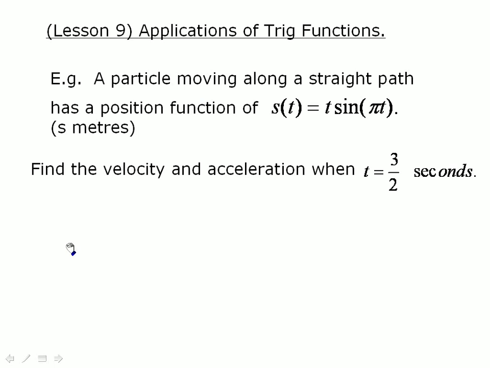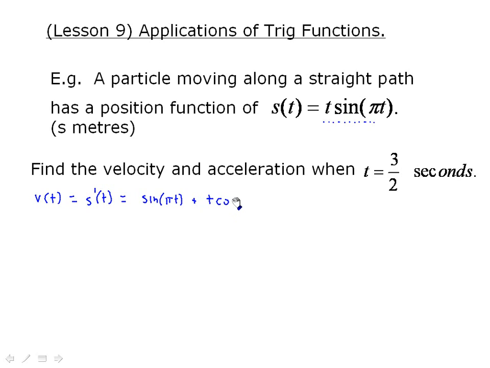Now, this in itself isn't that difficult of a problem because you just need to remember that to get the velocity function, we would take the derivative of the position function. And in this case, we would have to use the product rule to break this one up. I'm not going to take it to the side and work it out. Rather, I'm just going to deal with it in front of me. It's a simple enough one. The derivative of t is just 1, and then 1 times sine of pi t. So the v stays the same, plus the t stays the same, and then the derivative of sine